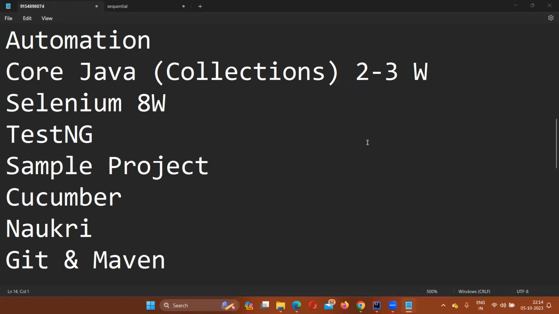Course covers both manual as well as automation. 75 days. Timing is fixed. No change in timings.